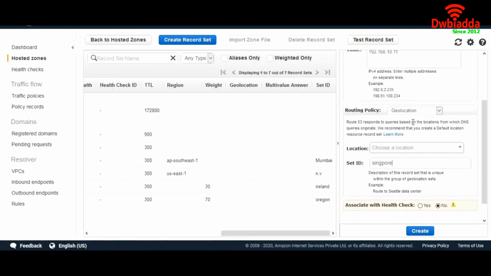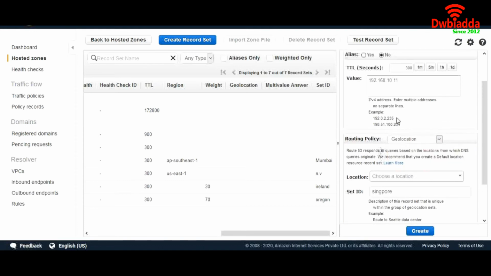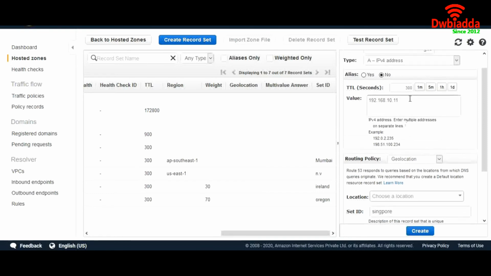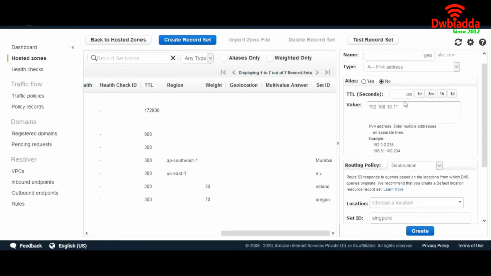I want all my traffic that is coming from Canada, so if my user is from Canada, all its requests will go to this instance which is hosted in Singapore. So I'll select geolocation,